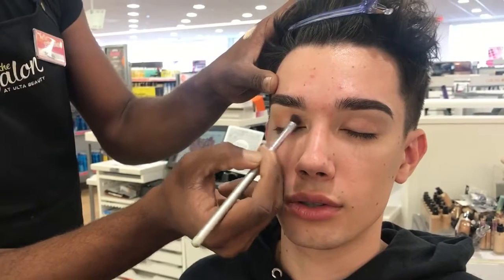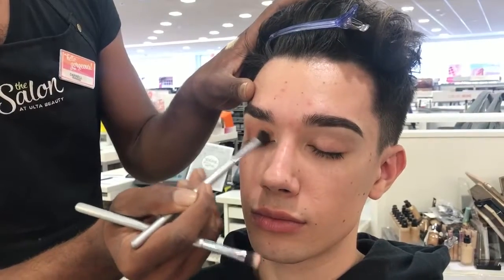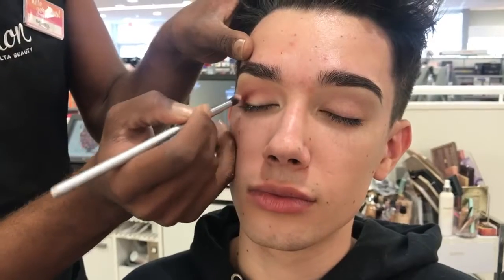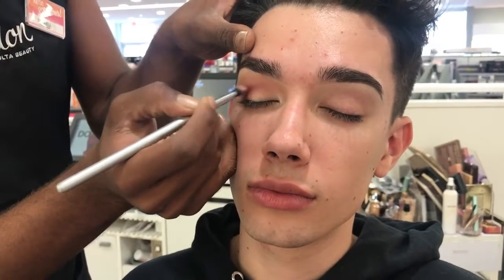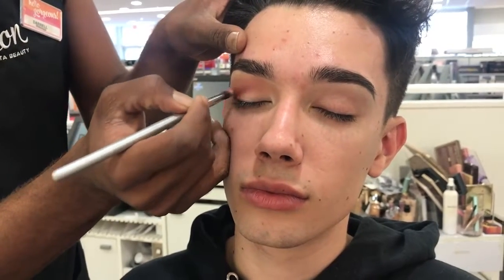Looking close up, the blend for the transition shades and the crease are really nice. It looks very seamless and even leaves a lot of room for the brow bone highlight, which I love. I really can't stand when eyeshadow goes all the way up to the eyebrow. It just is really one of my makeup pet peeves, so I really like the way he applied the shadow